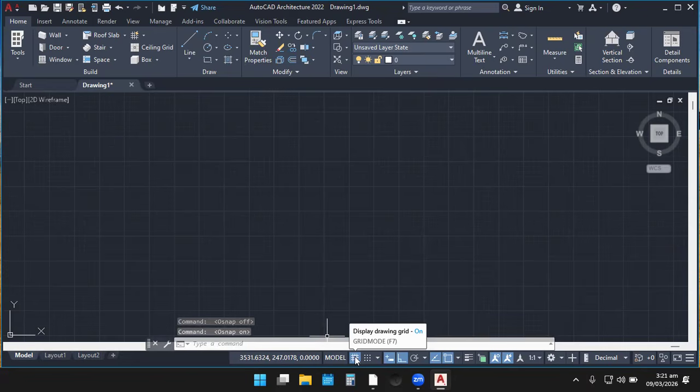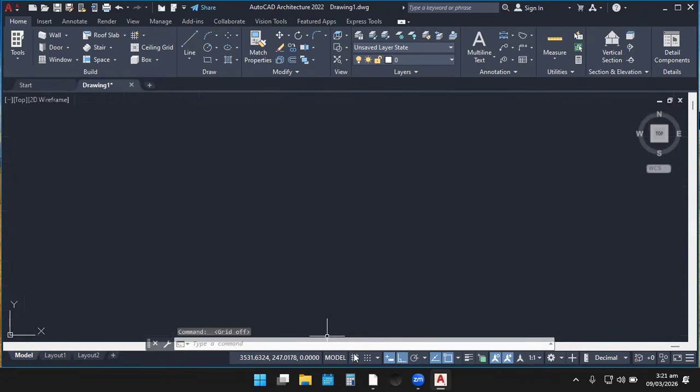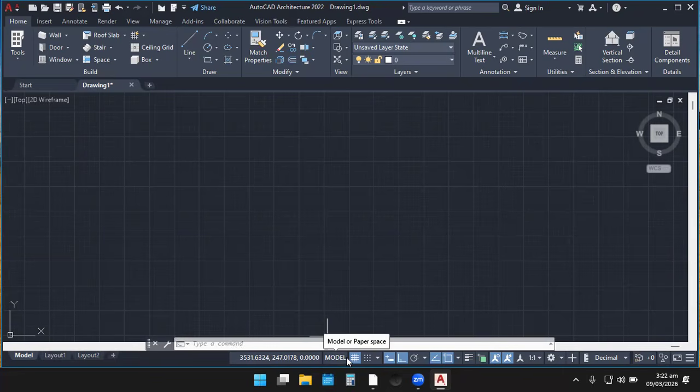This is the grid mode, F7. That is a shortcut for that. If I click this, you realize that all the grids on our screen disappeared. But when you click it again, the grids continue to show. Before we begin with our drawing, let's quickly set our limits. Then we come and talk about one or two features, and we'll see how best we can dive in. But basically, for beginners, our main focus is on 2D drawing.